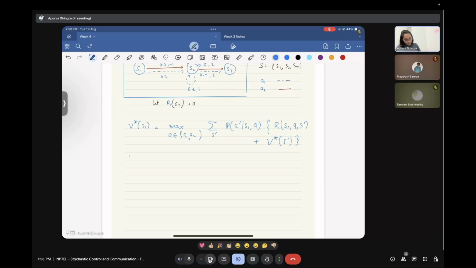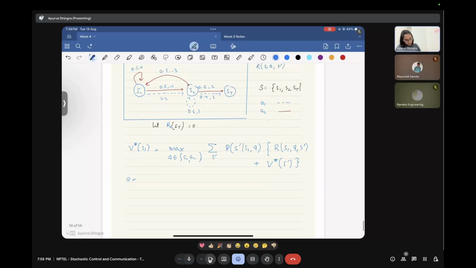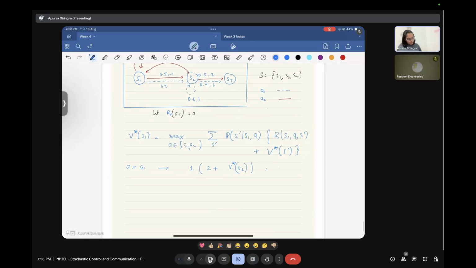Okay, let's take one action at a time. So let's take the easier action, which is A1. A1 has just one possibility, so this is easier. In this case, the value function would lead to, with probability 1, it's giving us a reward of 2 and going to state S2. This is it. So this is 2 plus